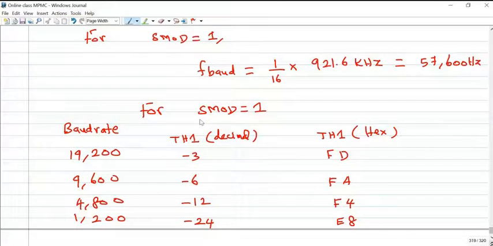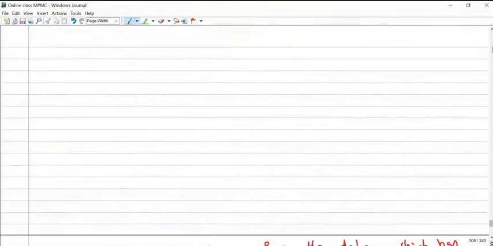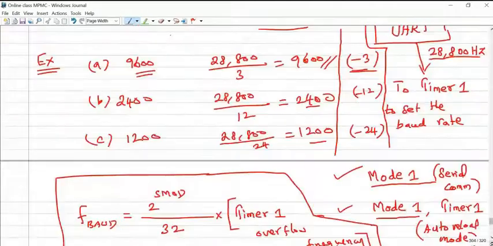So what is SMOD? The meaning of SMOD is serial mode. This bit is available in the power control register, the PCON register. We will discuss later what the PCON special function register is. Just understand, not only the previous 4 baud rate options, 9,600 is the maximum baud rate when SMOD equals 0.